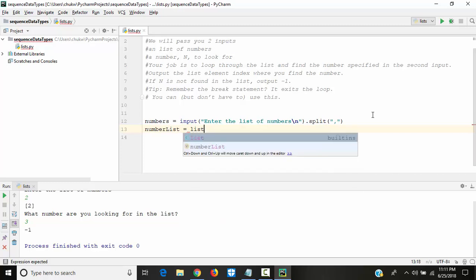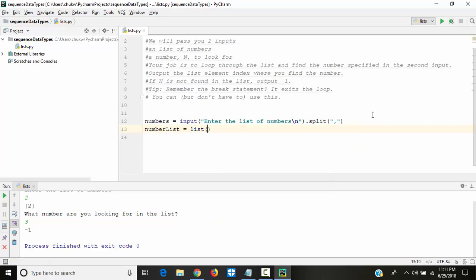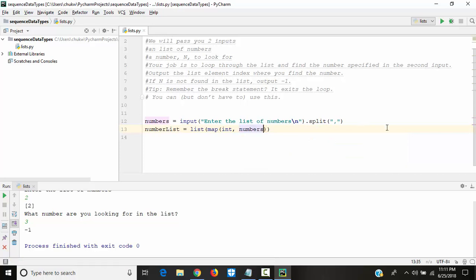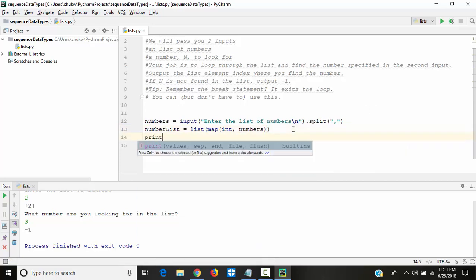So I'm just gonna use the map function, list map integers to those numbers, okay? And of course, if we print this number list,